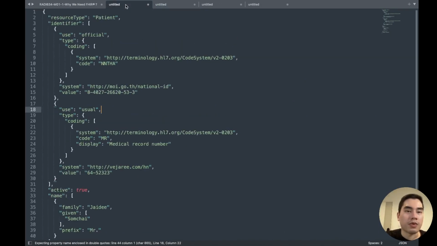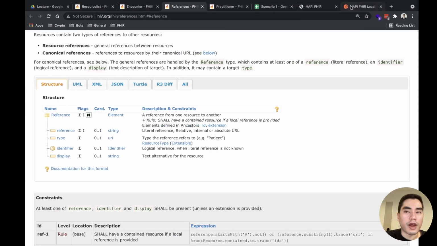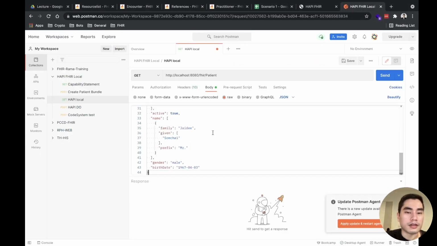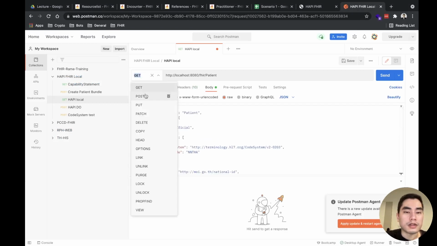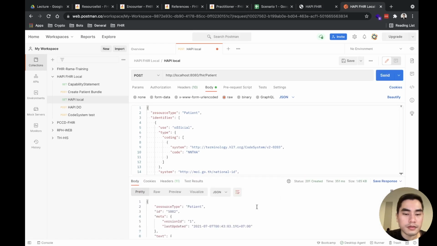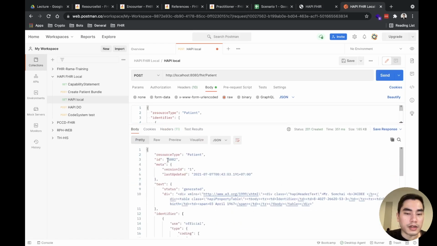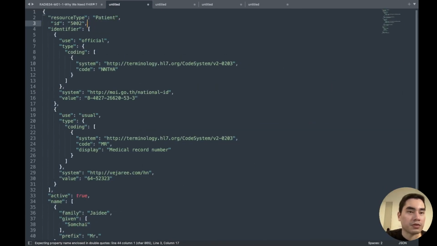You get the ID when you send this resource to a FHIR server, like this one. I will demo to you. Body is posted to the patient resource, send. This one, you will get this ID, and I will save it here for future use. So this is the ID.